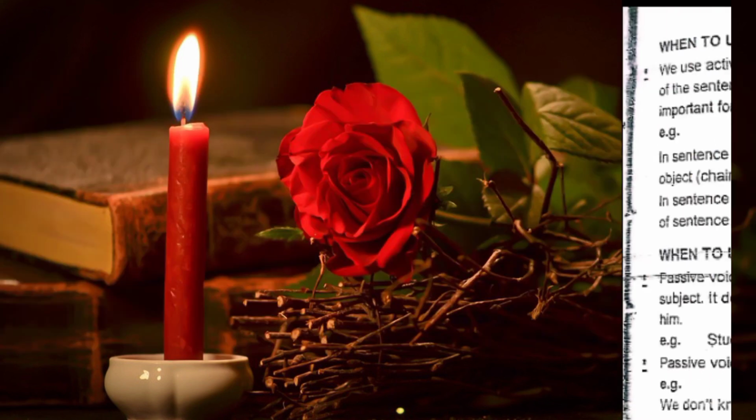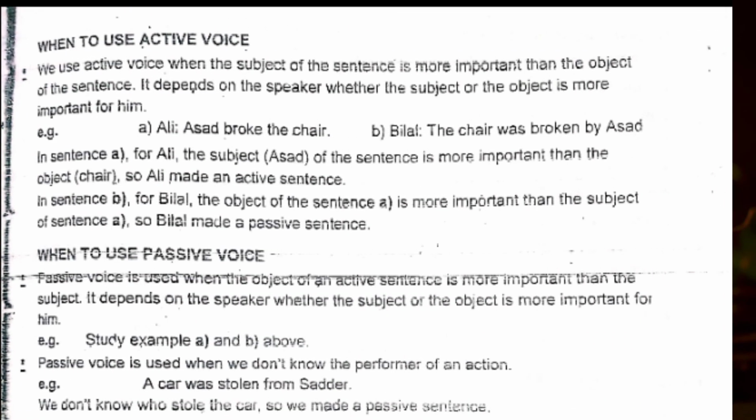Okay. When to use active voice? We use active voice when the subject of the sentence is more important than the object of the sentence. It depends on the speaker whether the subject or object is more important for him. Example: Ali says, Asad broke the chair. Bilal says, the chair was broken by Asad. In sentence A,